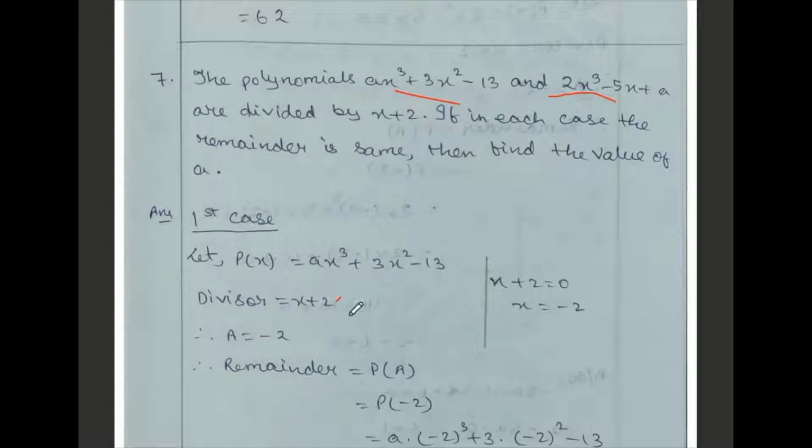To get the value for this, take this x plus 2 outside. How do we find the zeros? When plus 2 goes there, it will be minus 2. So the value of A will be minus 2. Now why are we using capital A? Because in the question small a is available, and according to the remainder theorem, we are using p(A) as the remainder, where A is nothing but a real number. So remainder is equal to p(A). In place of A, let us put minus 2.